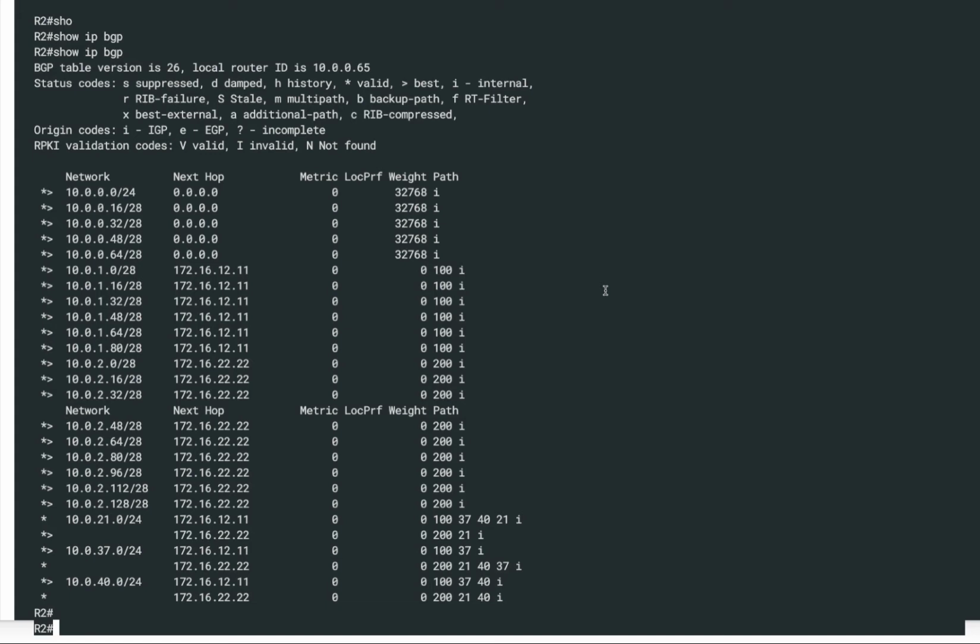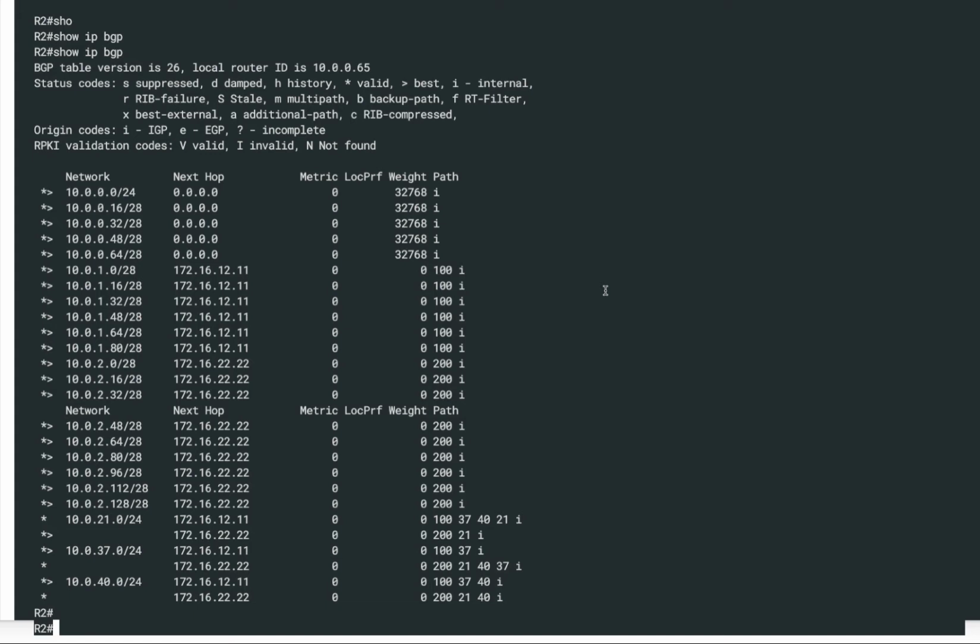So that's where we can use the concept of the outbound route filter instead of doing the filtering in the inbound direction, where the sending router is still sending all those updates, but on the destination, the receiving router is selectively picking some of the prefixes and dropping the rest of the prefixes. So to avoid that resource wastage and to speed up certain things,